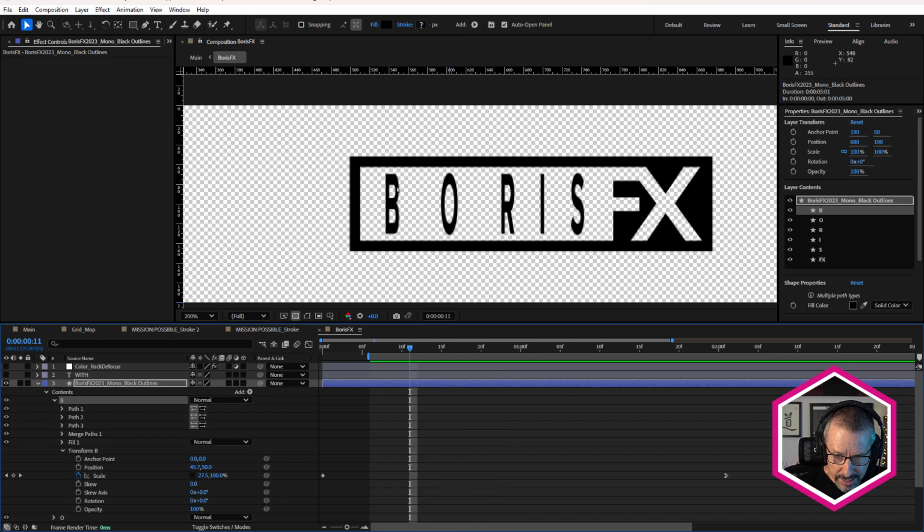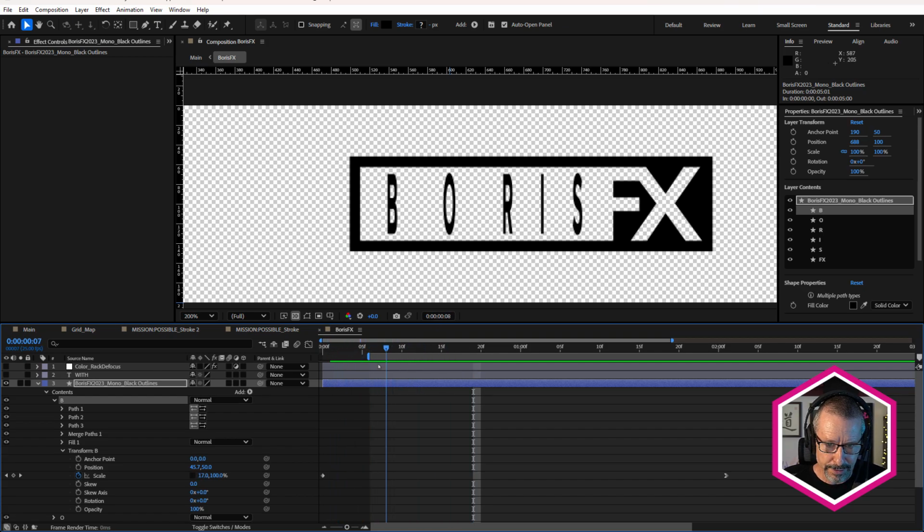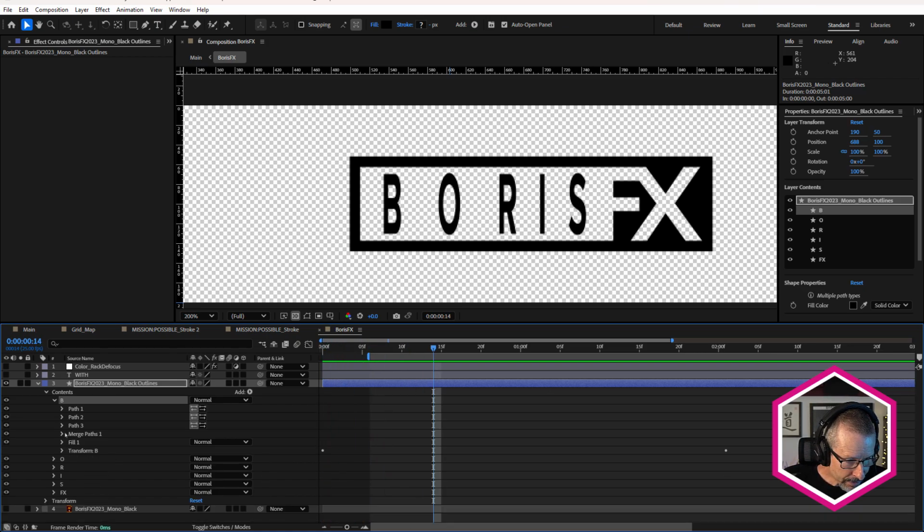And the B is scaling on the X. You can see I've deselected the link, so it's scaling on the X, and in the trailer it has that look where the letters are rotating, and you could make them 3D and rotate them in 3D, but I find it's a little better to actually scale them to fake that look, because if you're rotating them in 3D, the perspective makes these letters on the outsides still visible at the very beginning, but by scaling them you can scale them right down to 0. And that means they won't be visible at the start. So set a couple of keyframes for that.